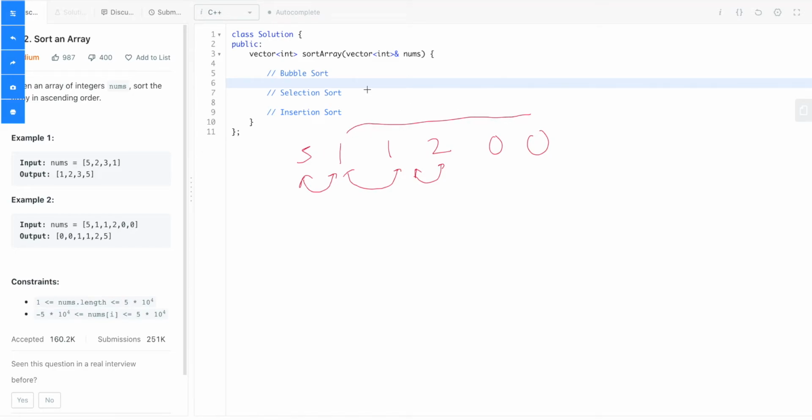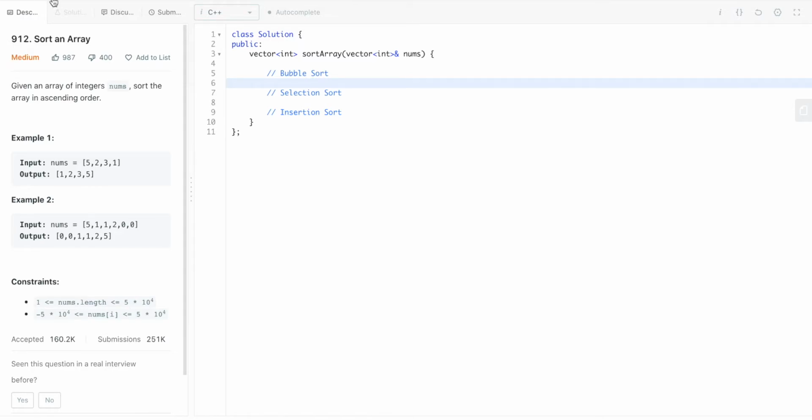So we will try to implement it using a different technique here. Let us try to implement it by fixing the largest element towards the end. Bubble sort generally is just an algorithm wherein we can either fix the smallest element to the left, or we can fix the largest element to the right. So let us try to do it the other way around.